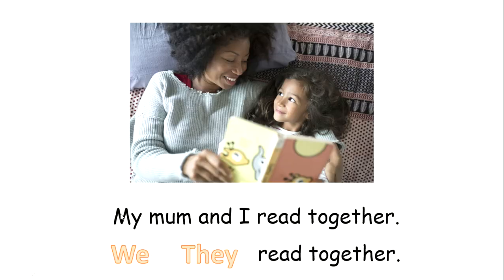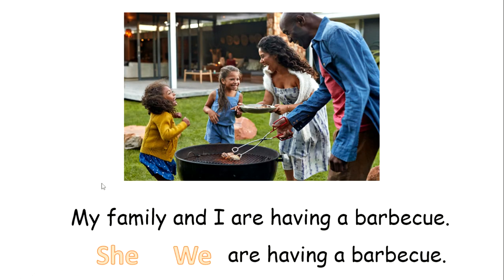My mum and I read together. We read together or they read together. My family and I are having a barbecue. She are having a barbecue or we are having a barbecue. So you're going to write the correct answer in the sentence for me. Okay, so you're just going to write out the correct answer inside of your books. And that will be all for